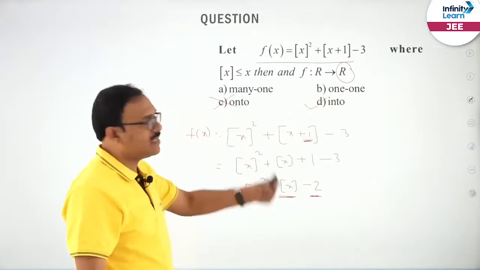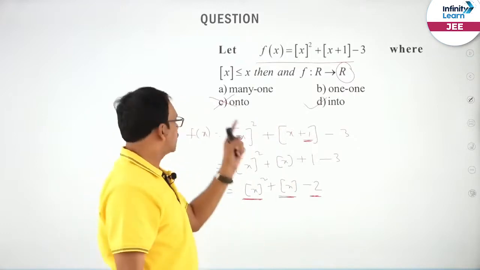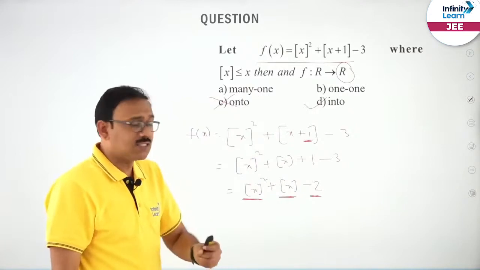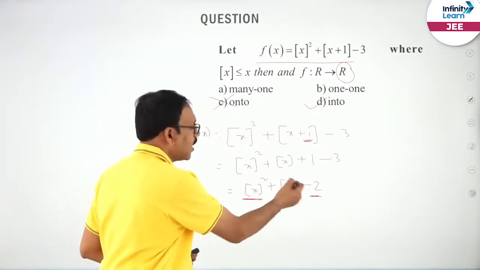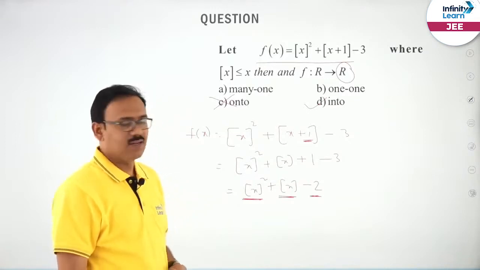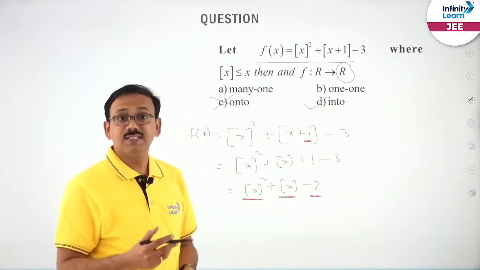Feel like it is a multi-correct answer type, because one of these two options may be correct. So, you decide whether it is 1-1 or not. Now, you just try to say this is not 1-1. Can you give any counter example? You see, that means can you give two x values such that